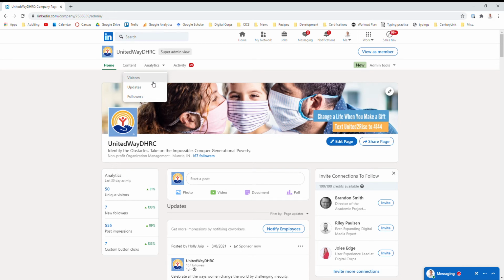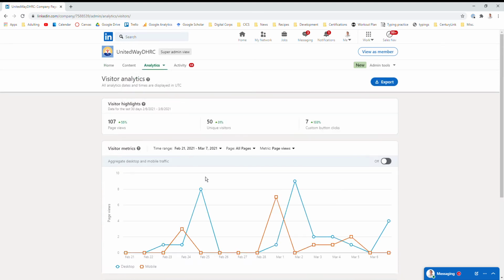Visitors are people who are not following the page. Updates are posts that the page has made, and followers are analytics about the people that are following the page. So let's start with visitors. With visitors, we have insights on how many page views we have, the unique visitors we have, and the